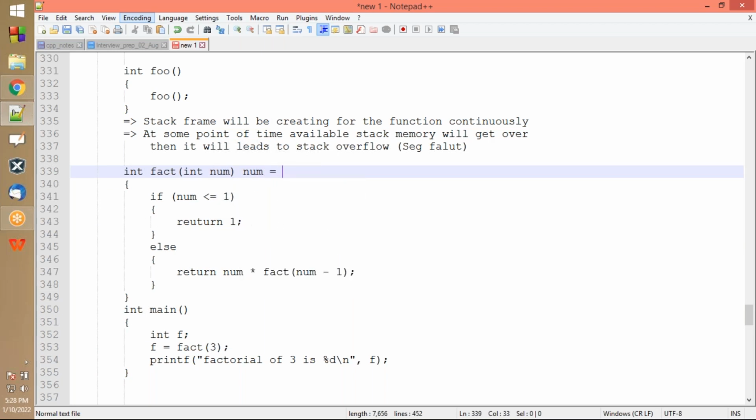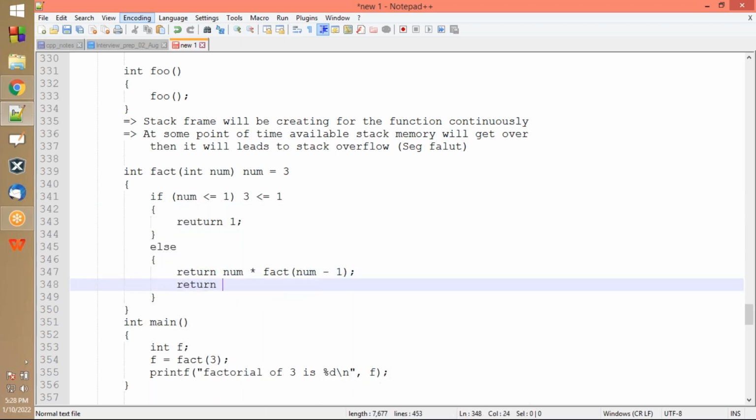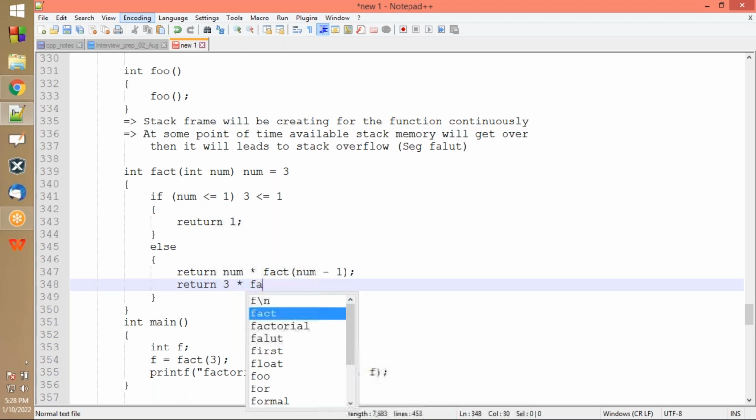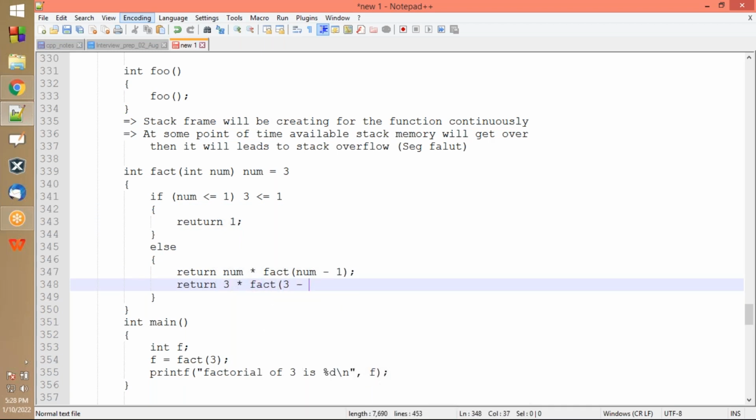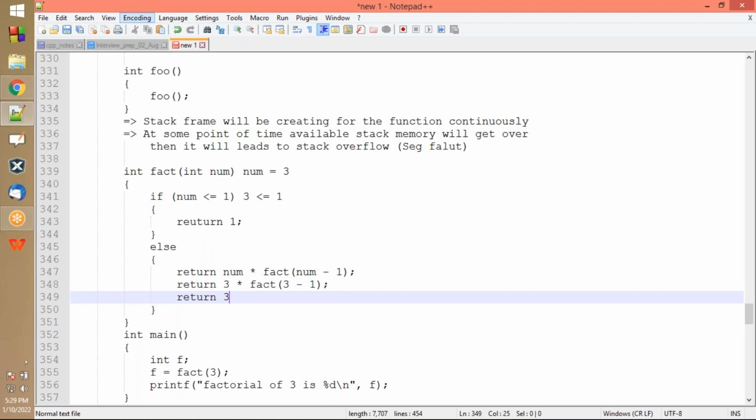First time the num value is 3. So 3 less than or equal to 1 is false, so control comes here. Here what will happen? Return 3 multiplied by factorial of 3 minus 1. So that is 3 multiplied by factorial of 2. Factorial of 2. Okay, fine. So second time, num value will be